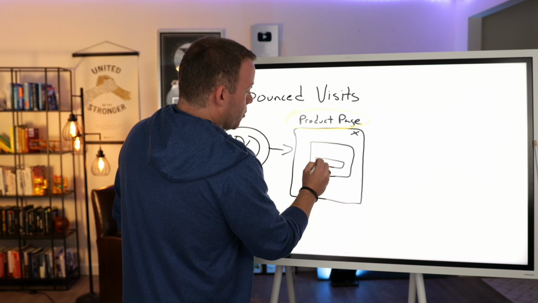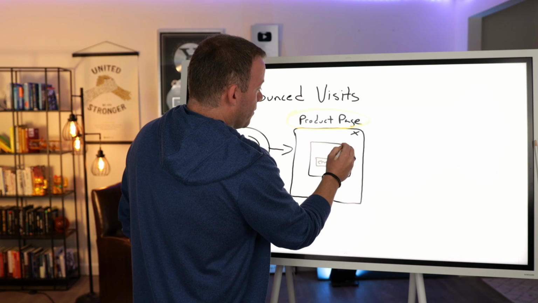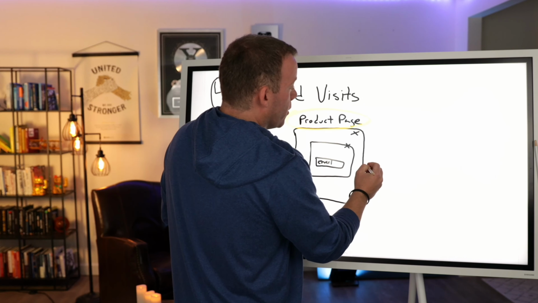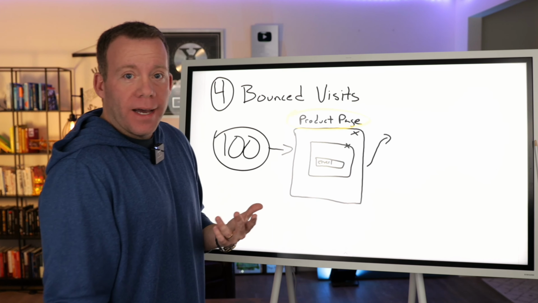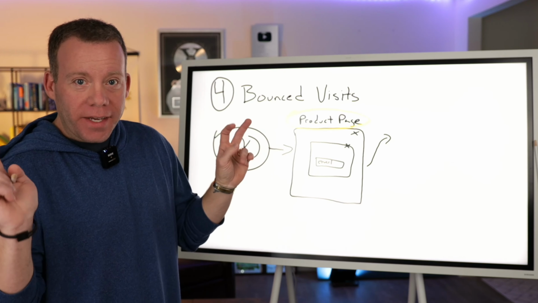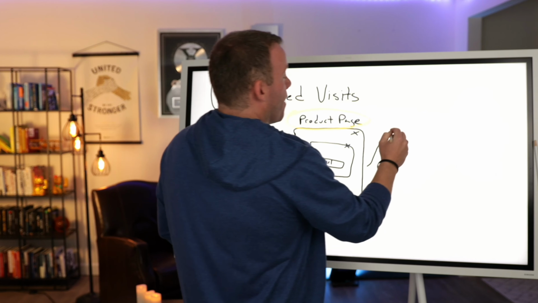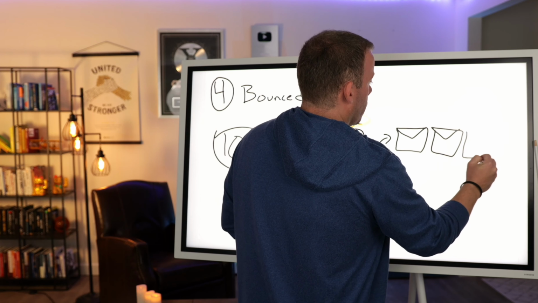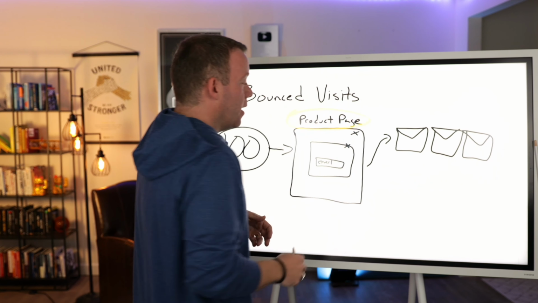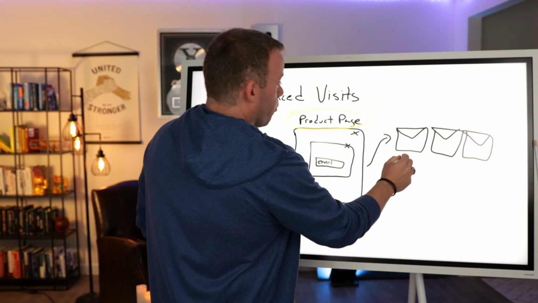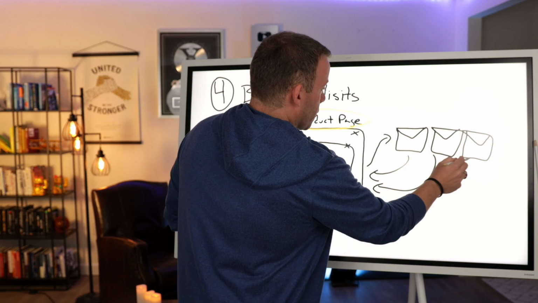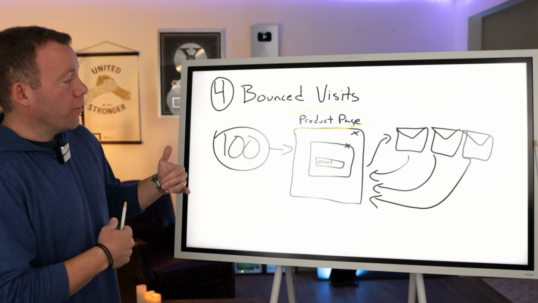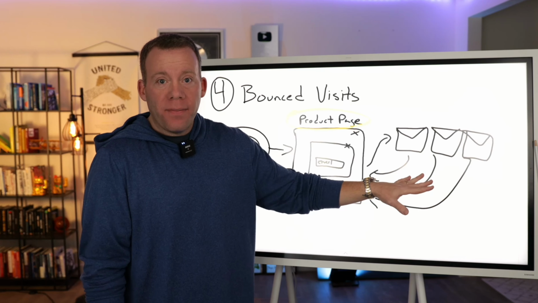So right there, they can enter their email address. If they don't want to, they just X out of it. But we're going to get a large amount of people that enter their email here. What happens when they do? They go into Shopify as customers, even though they're not technically customers yet. That's what Shopify calls them. And then we kick off another email automation through Shopify Email, which again is included with your Shopify plans. And these emails are sending them discounts and promotions, bringing them back to the product page so that they can complete their order.